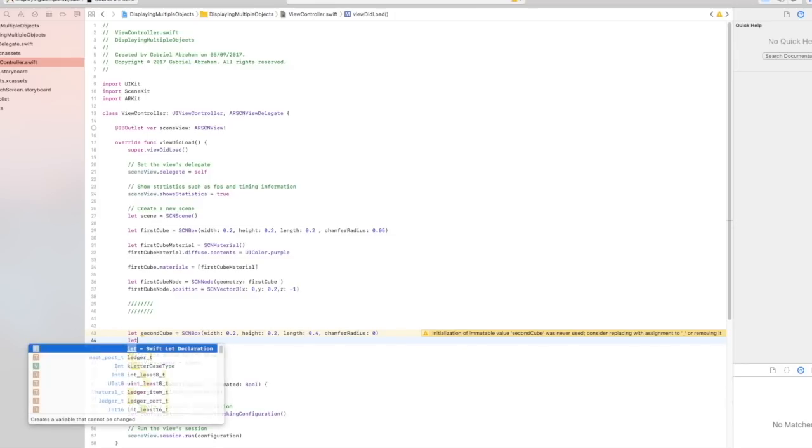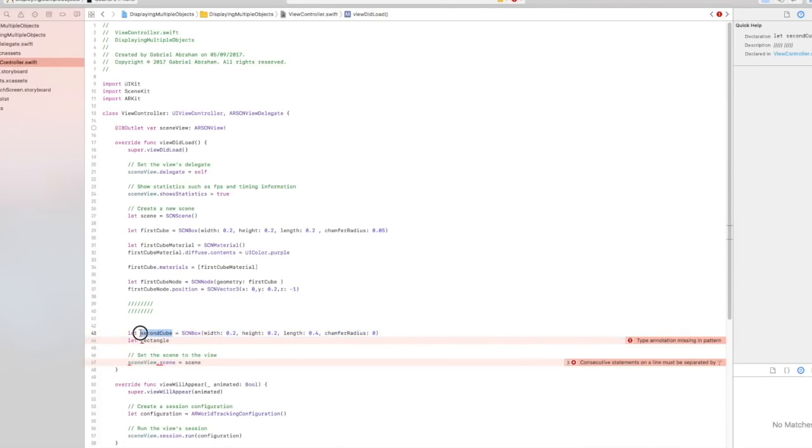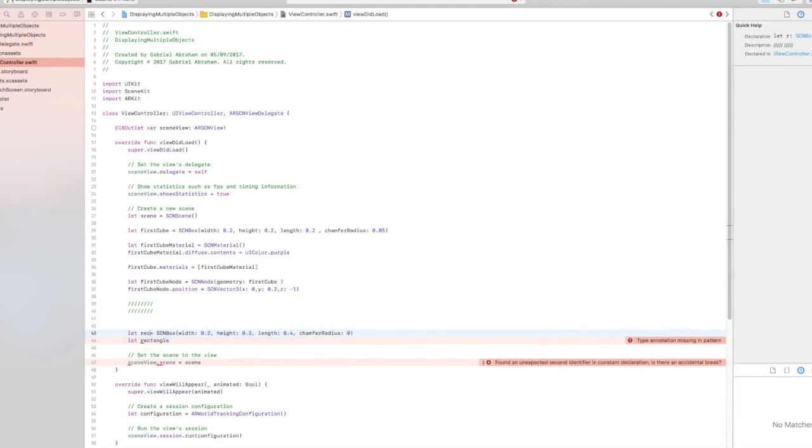Let's just call it rectangle. Forgive me, guys, we're going to have to change the name. There's no point having different names for everything. So rectangle material